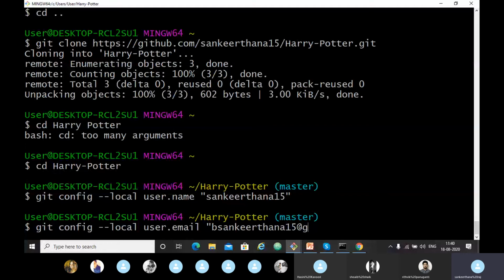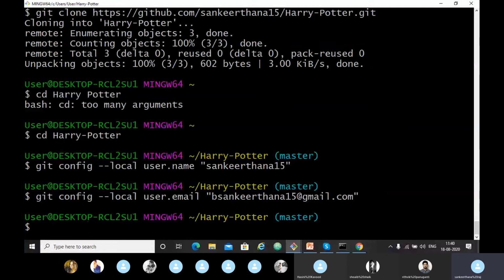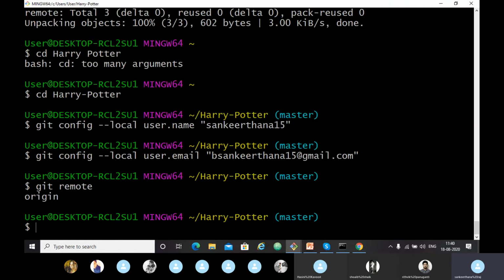So I have configured it. Now I want to see what the remote is. Just have to type the git remote command. So I can see origin is the default remote. Now I will see it with the -v option, which shows the exact locations: origin, exact location of git fetch, origin, exact location of git push.